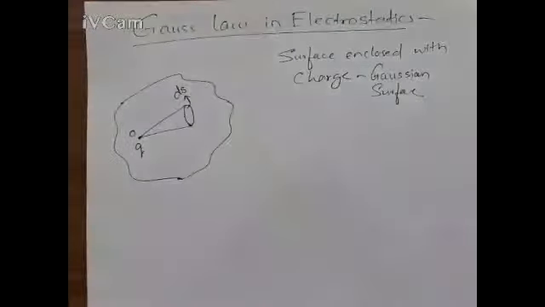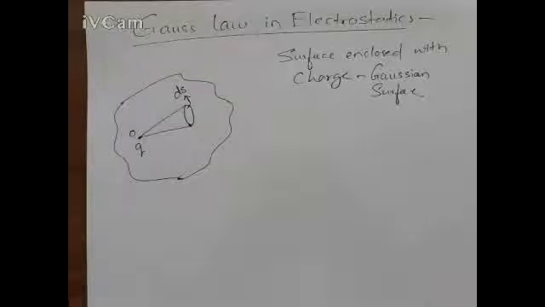Okay, and as I said, the area is also a vector. Area, what is a vector? A vector is one which has both magnitude and direction. Area, we can easily understand the magnitude. What is the number? The area in centimeter square or meter square. So that is the magnitude. But it will also have a direction. So area will also have a direction.